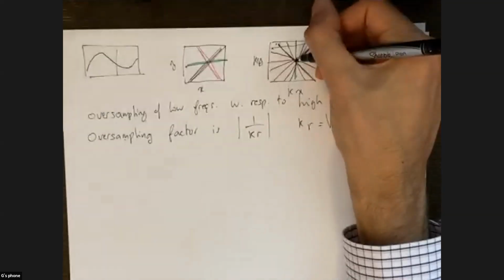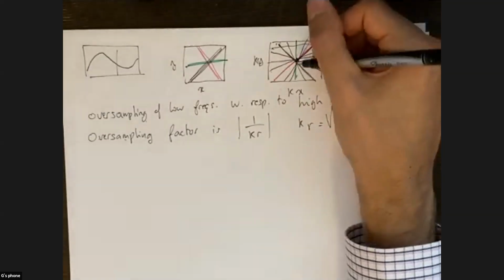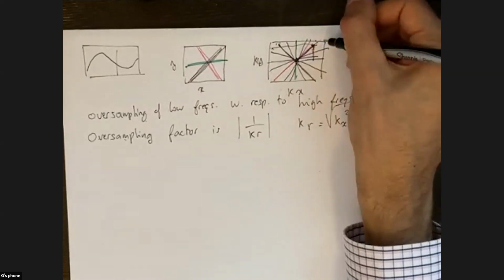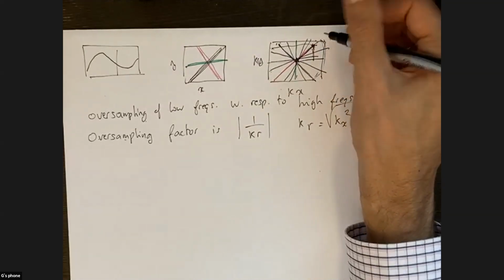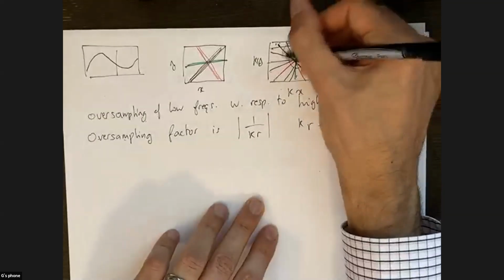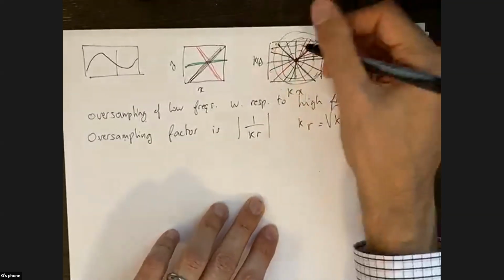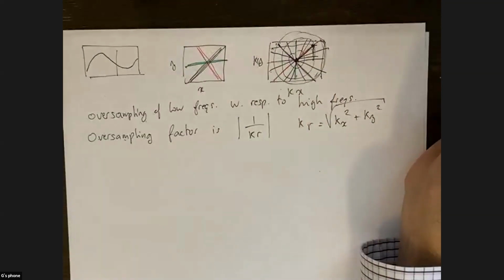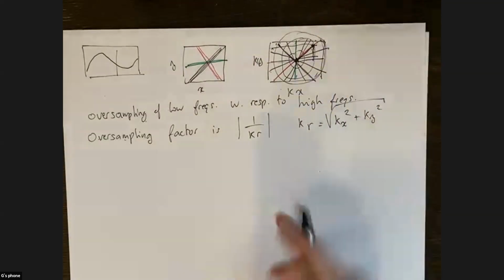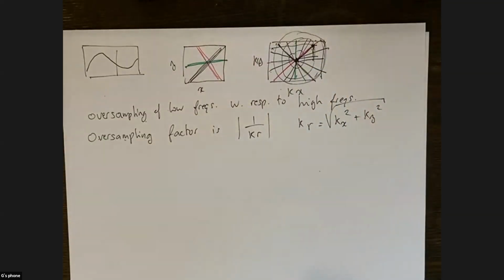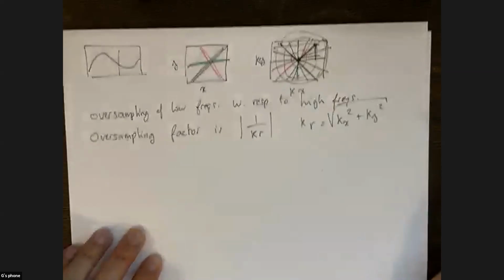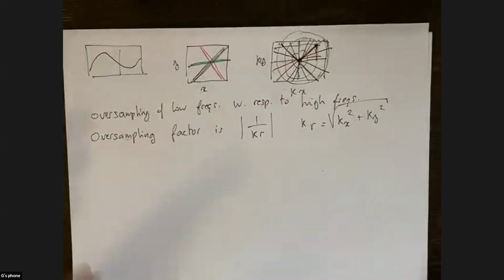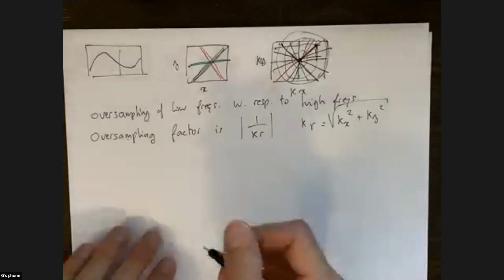So here at the center KR is 0. And then at the edge of the field, KR takes larger values. Essentially you have those concentric rings, so KR is constant along those concentric rings in this frequency spectrum. But this is the oversampling factor. And so to solve the problem, we need to multiply by the inverse of 1 over KR, which is just KR. And so if we go back to that